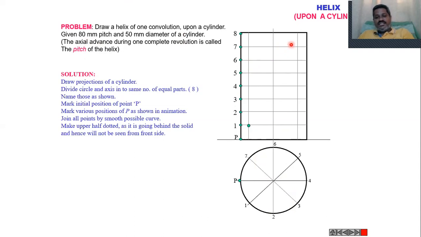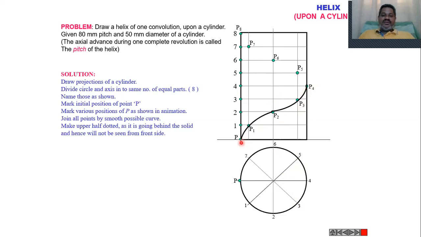1 and 1 will intersect here, 2 and 2 will intersect here, 3 and 3 will intersect here, then the fourth we will get at this location, then fifth, sixth, seventh and eighth, like this. Then join all those points to get a smooth curve, and from P1 to P4 we will draw a thick line so that we can see the locus of that point clearly after rotating 180 degrees.